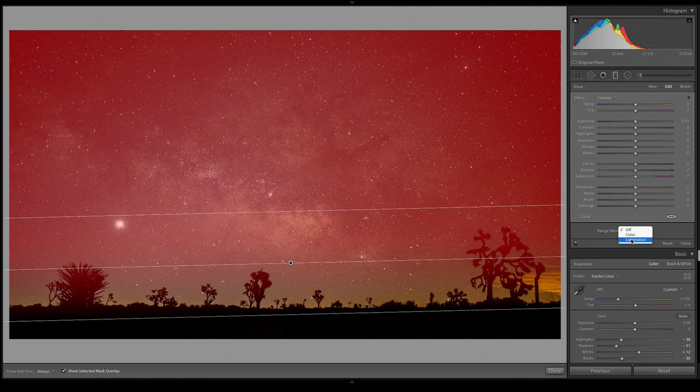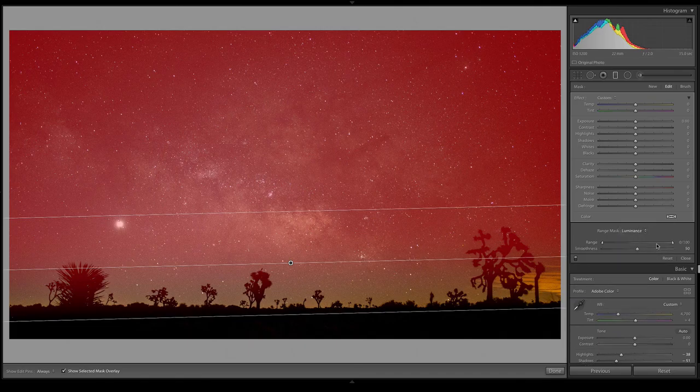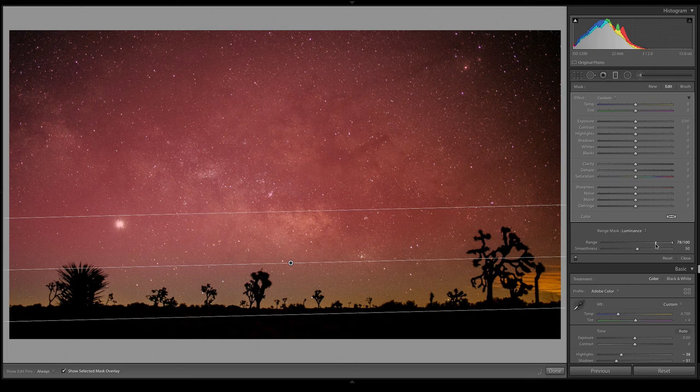So I'm going to turn the range mask to luminance, which is going to allow us to pick a specific exposure. And then I'm going to increase the bottom of the range, which will get rid of the silhouetted plants as much as possible. If I go to an extreme, you can see that we aren't selecting the plants, but we are also not selecting the entire sky. So there's a balance through the range and also through the smoothness that will get us a better selection. Something around there looks good for this photo.